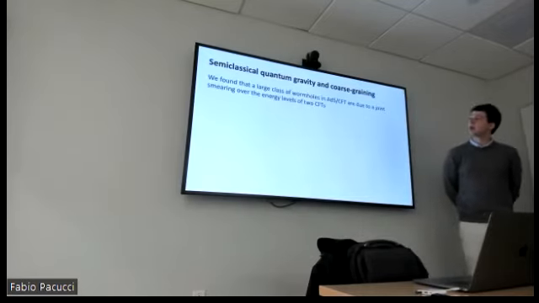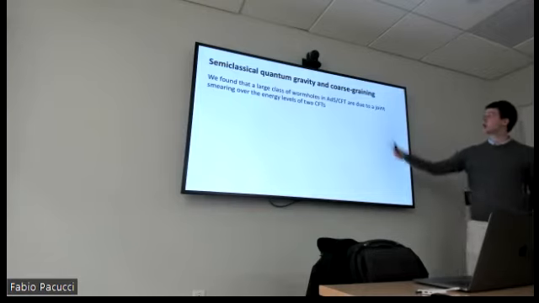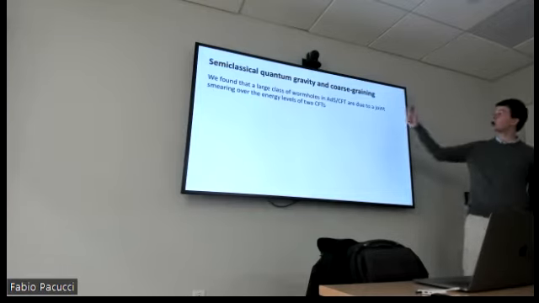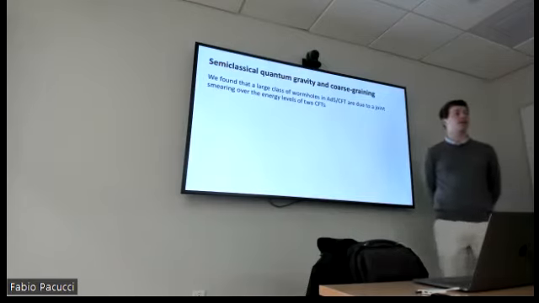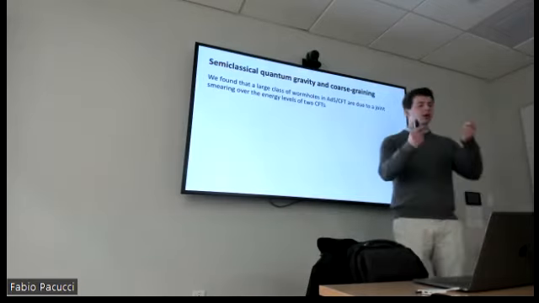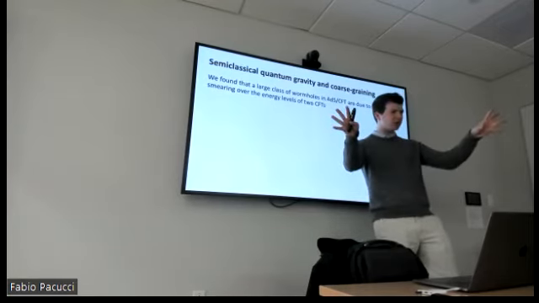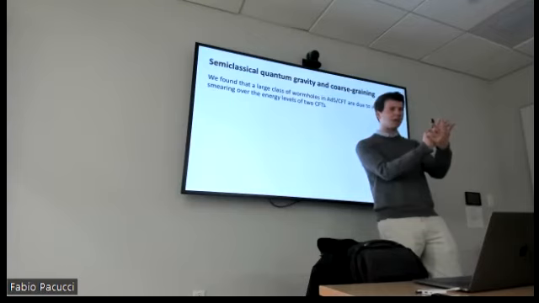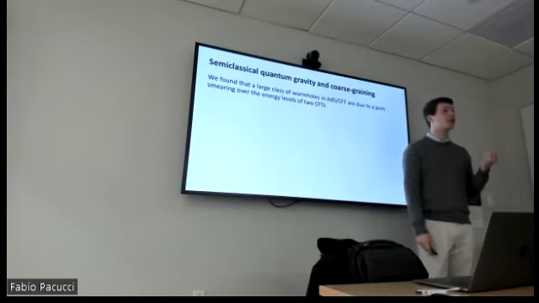So we found that a large class of wormholes in AdS/CFT are due to a joint smearing over the energy levels of two CFTs. In other words, we had to do this smearing where we tied together the energies of the two CFTs and force them to add up to a common energy in order to access these coarse-grained level statistics